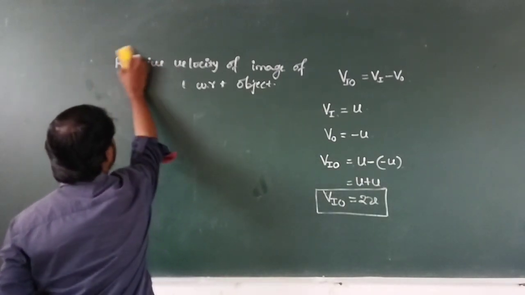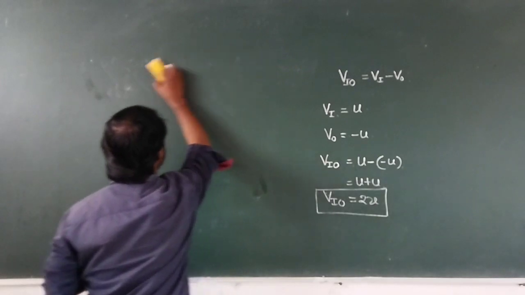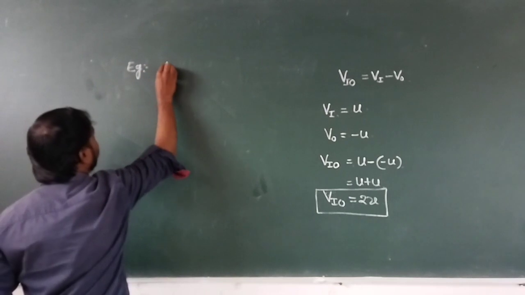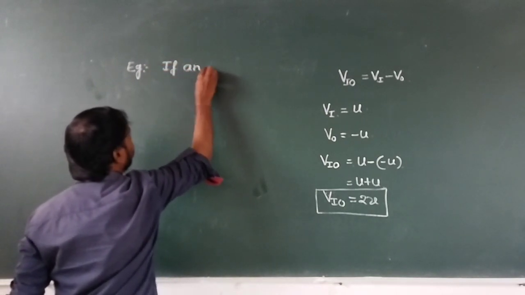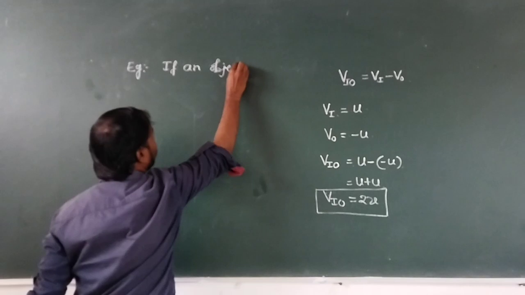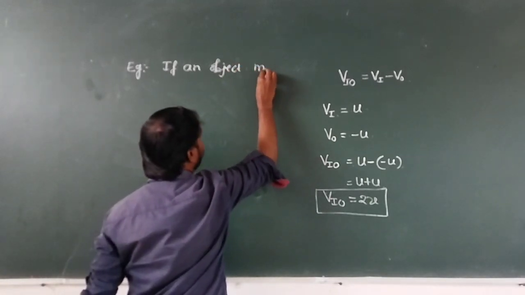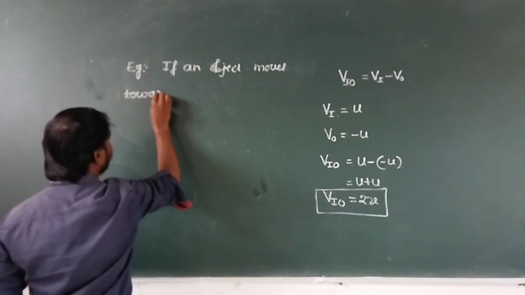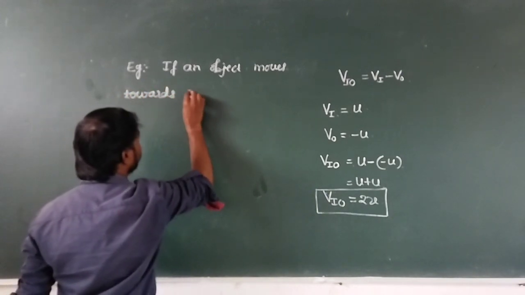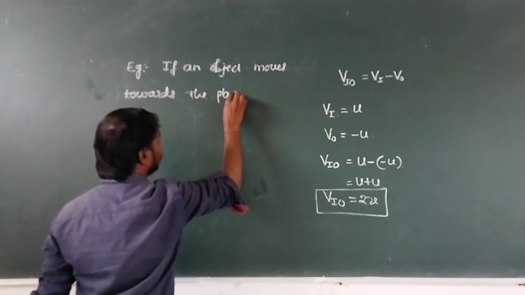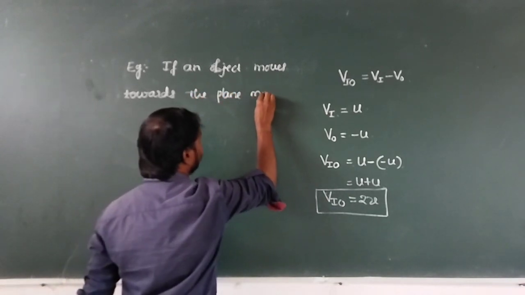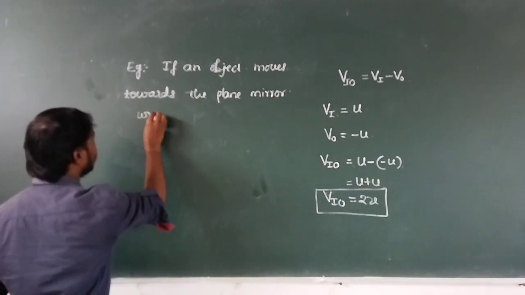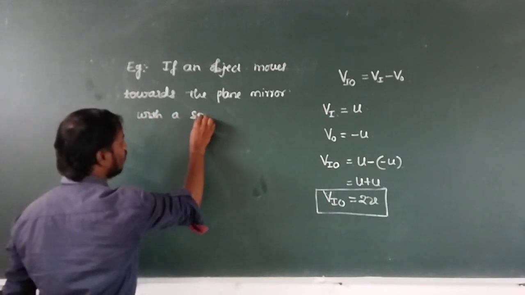See here, let us consider an example. If an object moves towards the plane mirror with a speed of 15 meter per second,